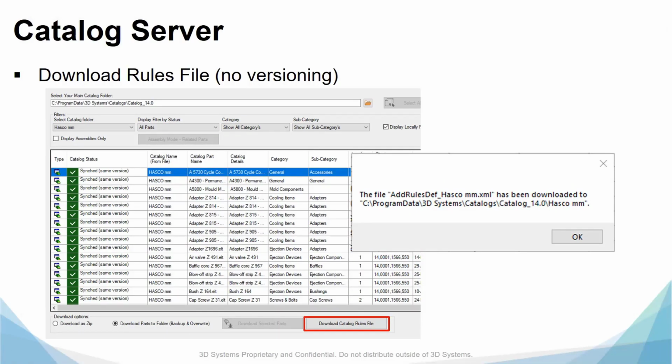Download rules files. We have a new option to download catalog rules files. We could not do it in the previous version, now it's available. Whenever we have rules files for the specific assembly, it is possible to download them, and the file has been downloaded to the specific catalog folders, and we can use it for this catalog. So for each catalog where the option is available, you will be able to click it and download